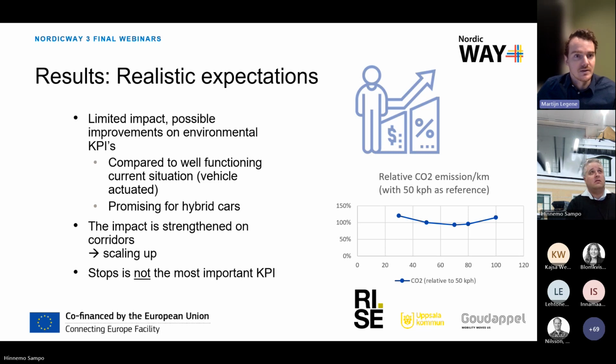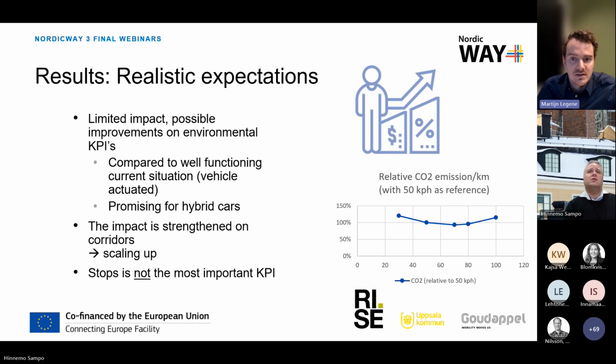Because, for example, the average speed could go down, we did not calculate what the impact of hybrid cars would be. But for example, if a car is able to drive electrically when it's driving 30 kilometers an hour, and on fossil fuels when it's going 50 or 60, there could be additional gains to be made there. But for now, all the cars were just the current vehicle fleet in Sweden. And that means, as you see on the right, that if you drive slower, the amount of fuel that's needed per kilometer could actually increase. I will go into more details here.